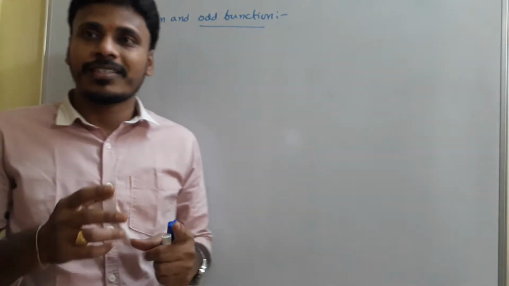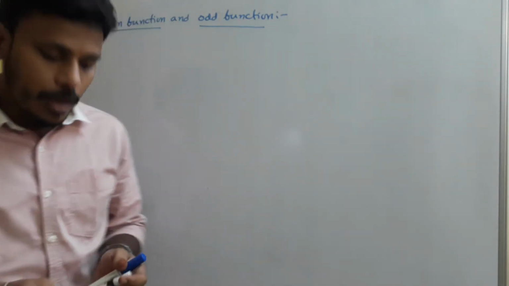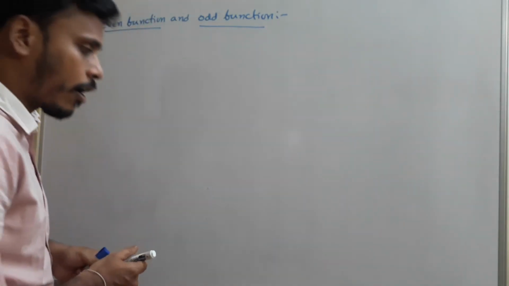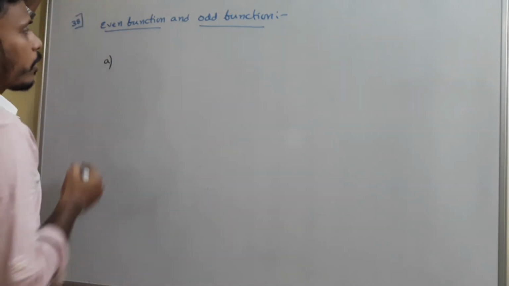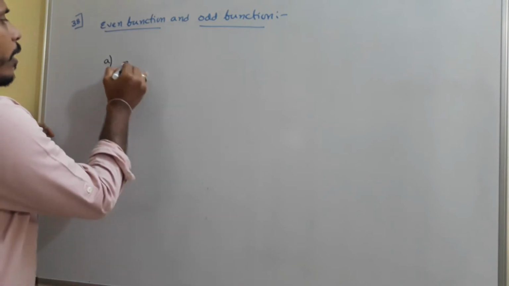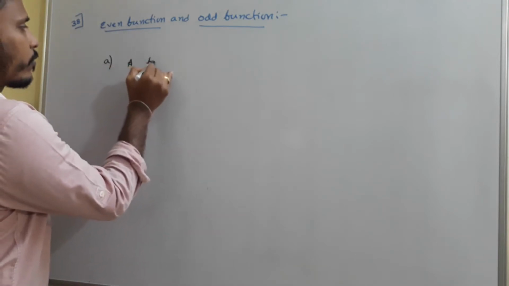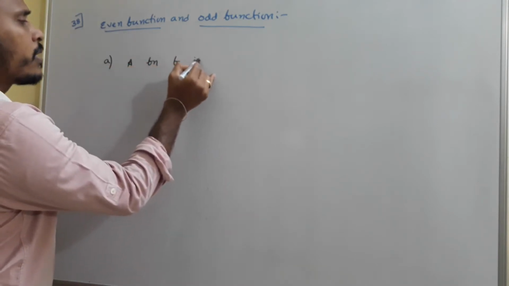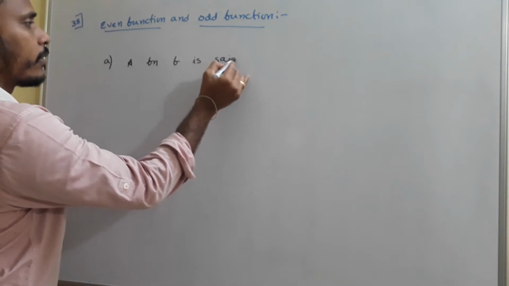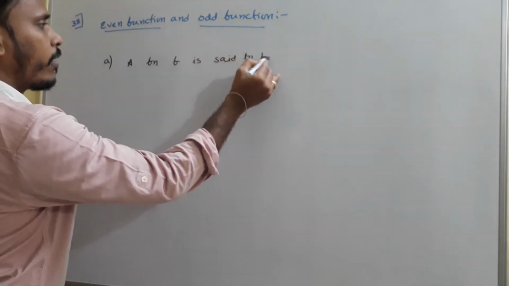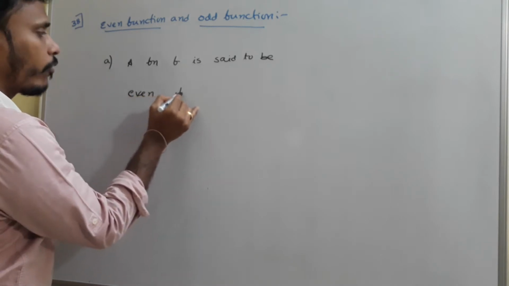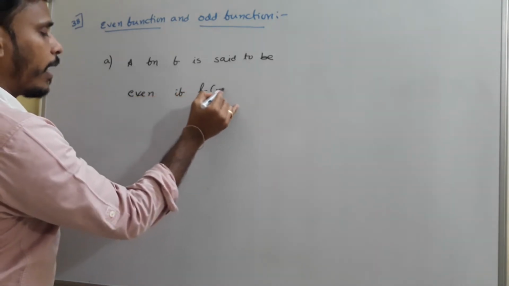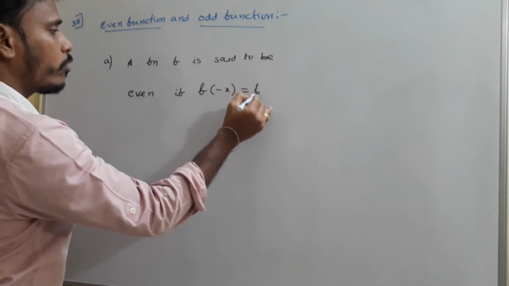We are going to discuss even function and odd function. What is an even function and what is an odd function? We know something about functions, right? Coming to even and odd, a function f is said to be even if f of minus x is equal to f of x for all x,